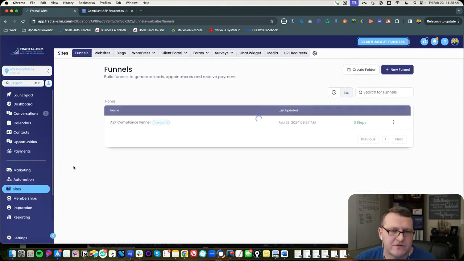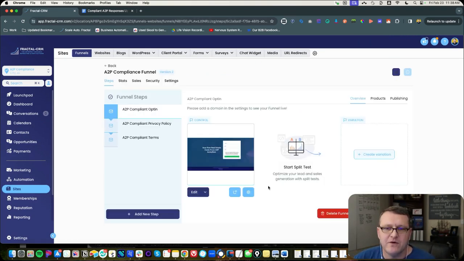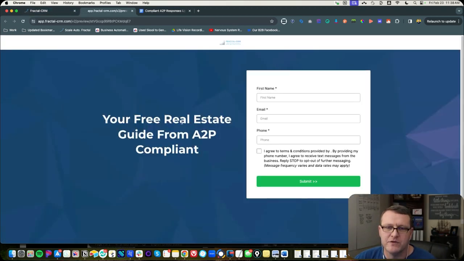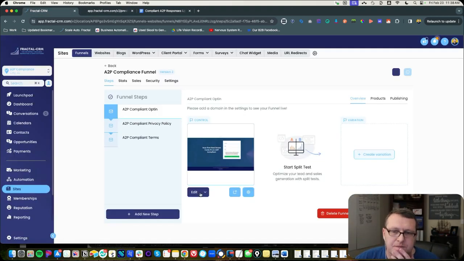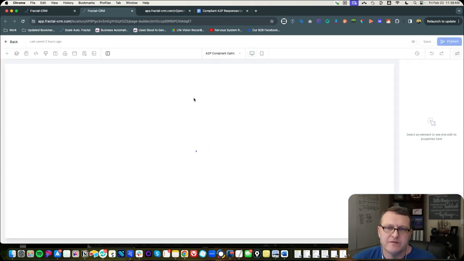Now, if we go back to the funnel, this is basically the site that they are checking to verify that you have certain things in place. And you are absolutely going to laugh at how simple this is. And it may look a little strange. Let me actually hop in here, because I've got it set up to pull custom values. So you only need to update one place, a custom value, and it pulls in all this other information.